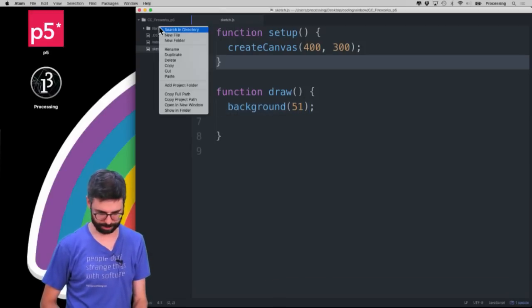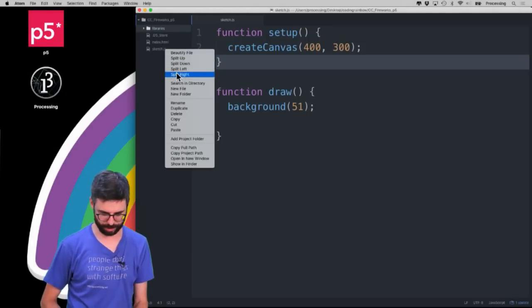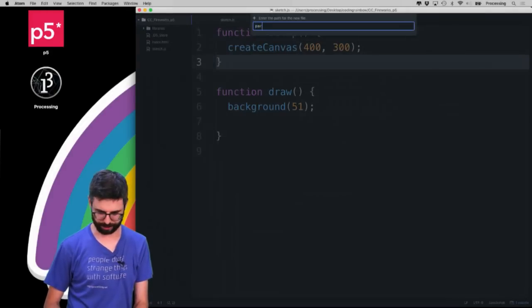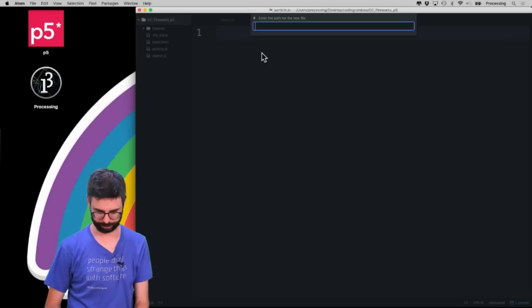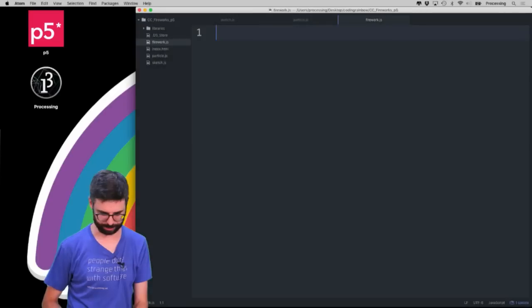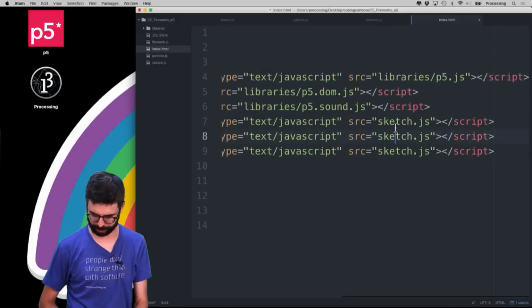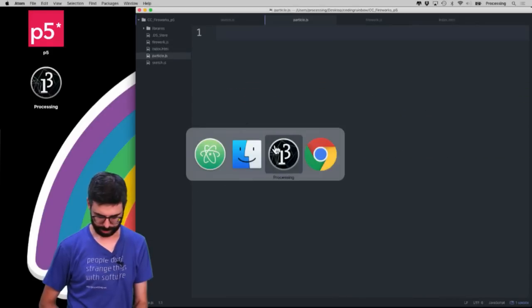And then one thing I'm going to do, I think it's OK for me to start with the files. I know I'm going to need a particle.js file, and I'm going to need a firework.js file. OK. And then in index, I want to make sure I am referencing particle and firework. OK. And then I need